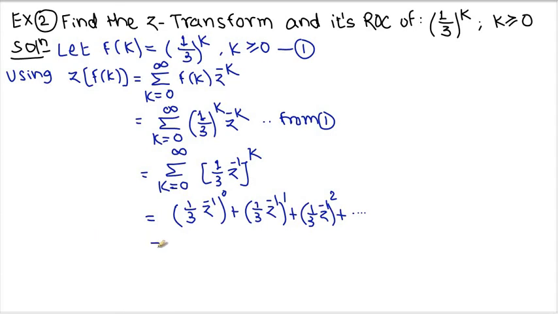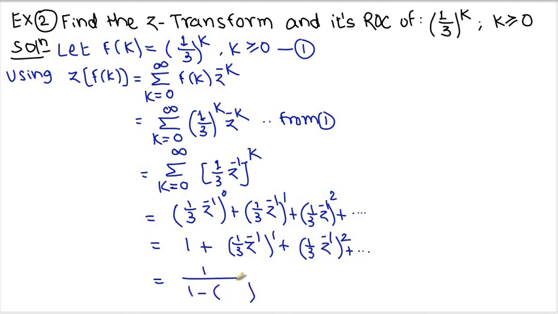Now using the same remark as in the last problem, the bracket raised to 0 is 1, plus the bracket raised to 1, plus the bracket raised to 2, plus and so on up to infinity. And I have to write here the common bracket 1 by 3 z raised to minus 1. Here also 1 by 3 z raised to minus 1. Right. Now again it looks like 1 plus x raised to 1, that is x, plus x square plus x cube, and its solution is what? It is 1 upon 1 minus x, and x means that bracket 1 by 3 z raised to minus 1.